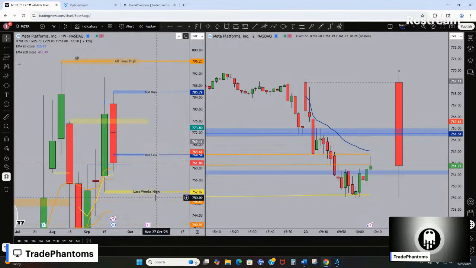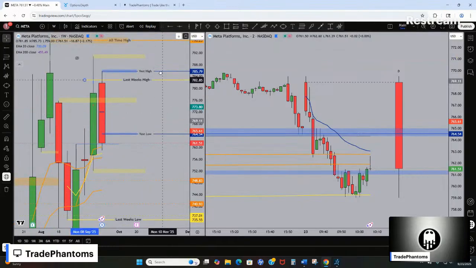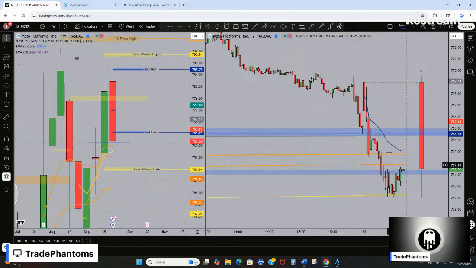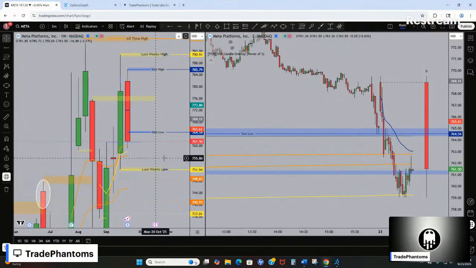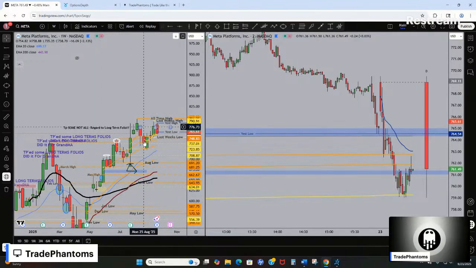I have to update this chart. I think this is the only one that I didn't update, which is not cool. This is the current week, obviously, here. Just coming back, impulse correction, impulse pending new high. We're just kind of reverting back into the